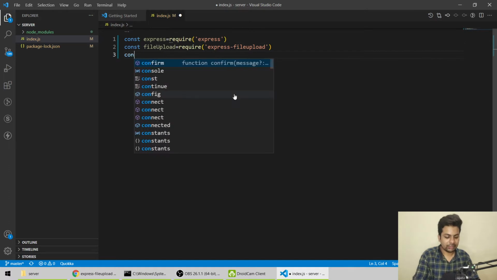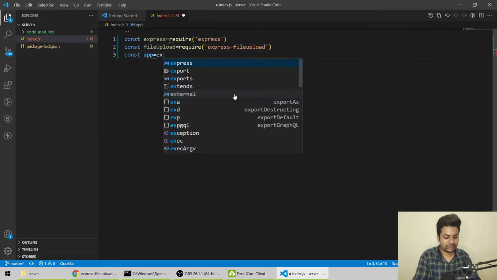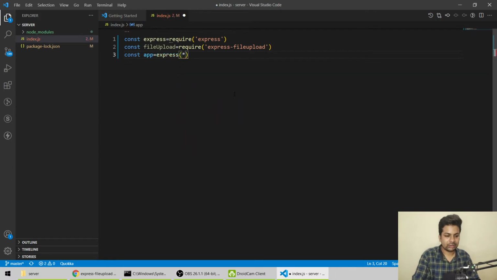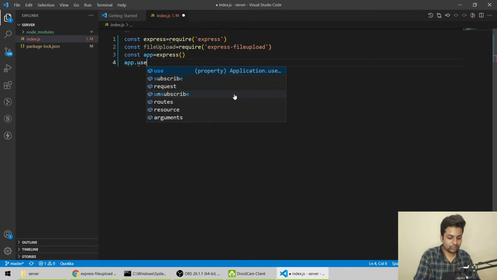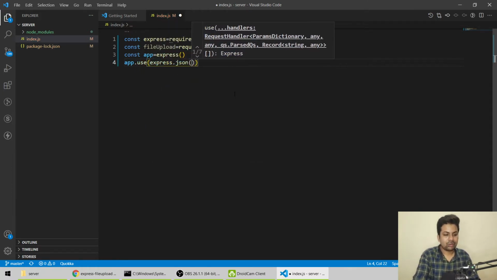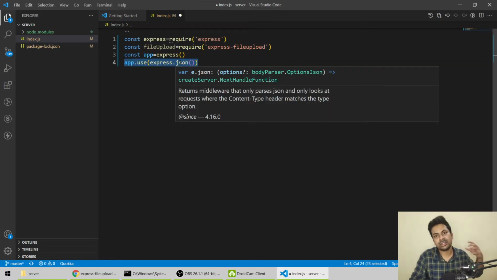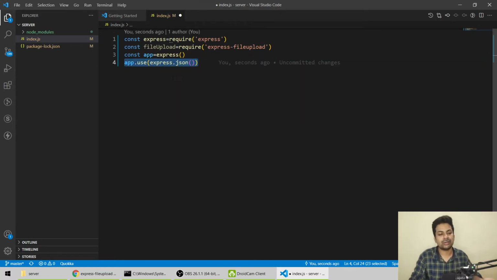After that we'll make the app. It's pretty basic till now, you can easily understand. Then app.use express.json. This is not strictly necessary, but if you want to send some other data along with the files, use express.json instead of body parser and that whole stuff.